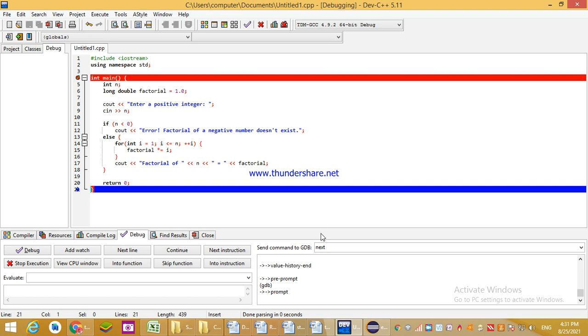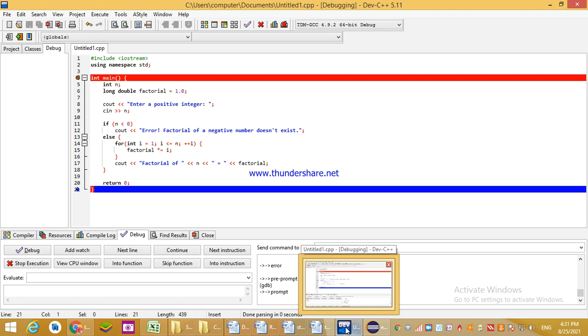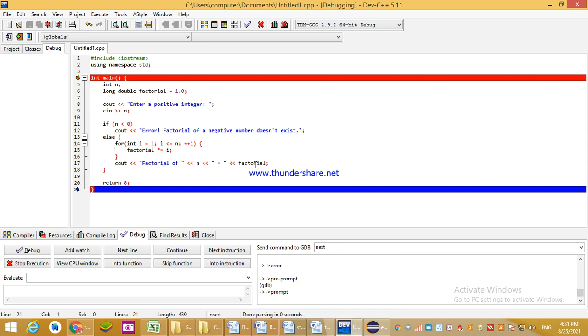Over here on the screen you can see, I am using the Dev editor, DEV editor. You can download it from Google. It is free to do the programming of C and C++. This is the editor which is used to do the programming of C and C++ and to compile the programs also.